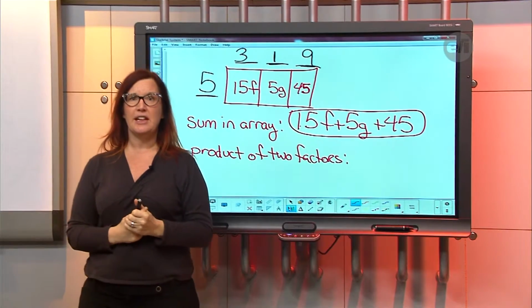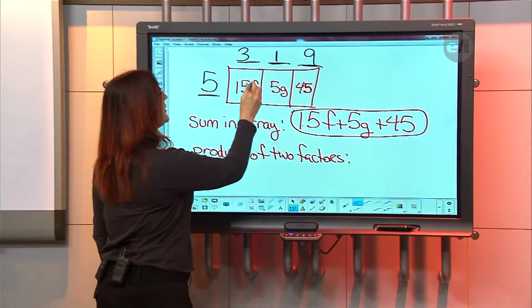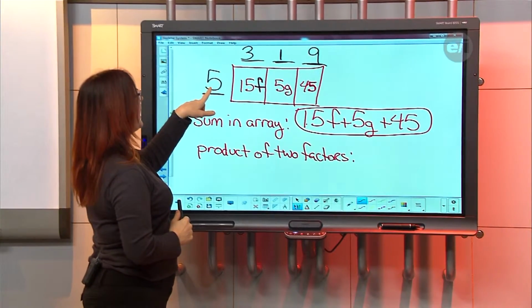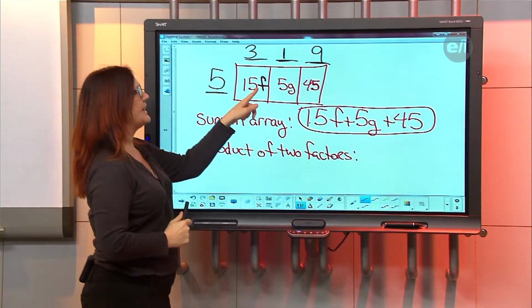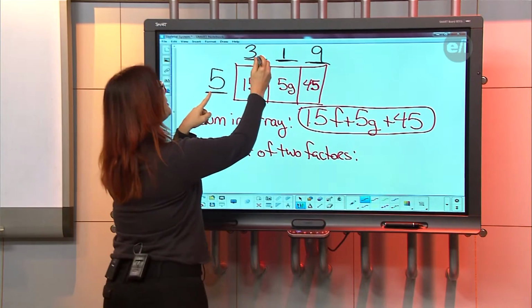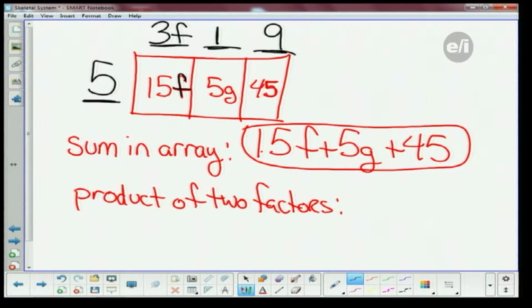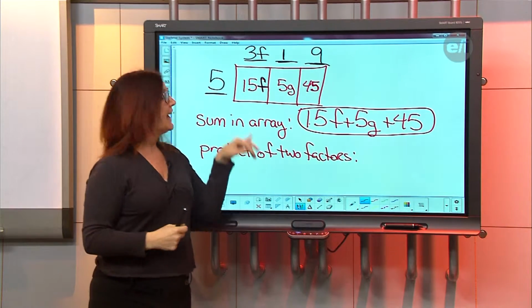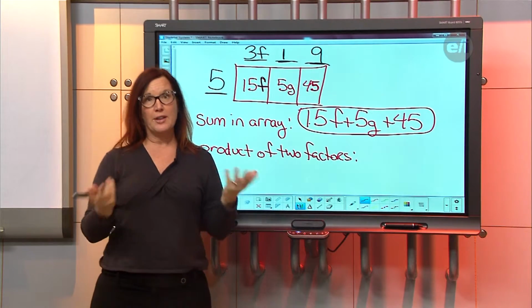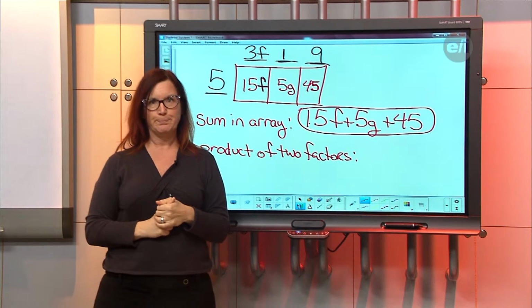We have some variables in here. Those are our knowns. So we have the letter F here, right? So now I need to think about it. If I multiply the 5 times the 3, I get the 15, but I need the F in there too, right? I need to show that I get an F. So on the top here, I'm going to put the F up here because if I were to put the F next to the 5, they don't all have F's. They don't all have G's. You have to find one that they all have in common. And since they don't all have the same variable, all the variables are different, I know that that can't be a factor of it, okay?